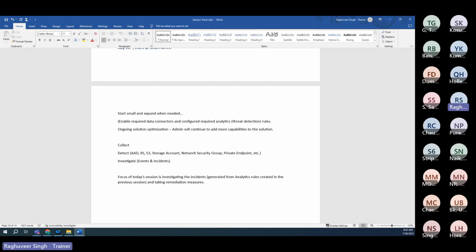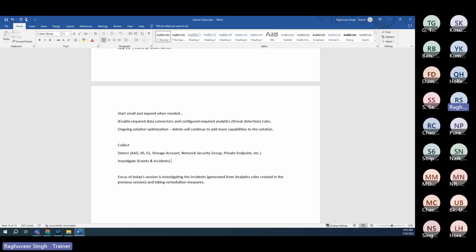Now, you will say that this is the job of an admin. No, this is not the job of an admin. Admin will not know until operations tells them. Admin can configure reports, and through reports, admin can identify how many brute force attacks have triggered in this environment in the last 1 month, and what was the nature of that attack. But this is all passive information. It is the operation team member who will have a monthly or bi-monthly cadence with the admin team, and then inform the admin